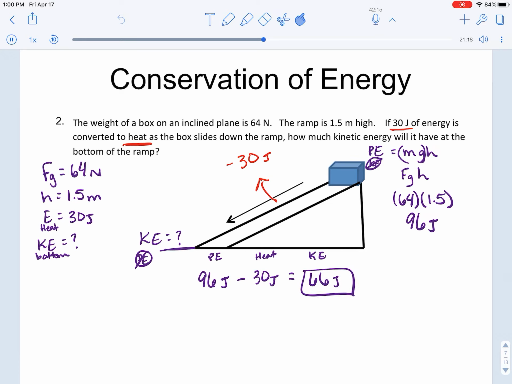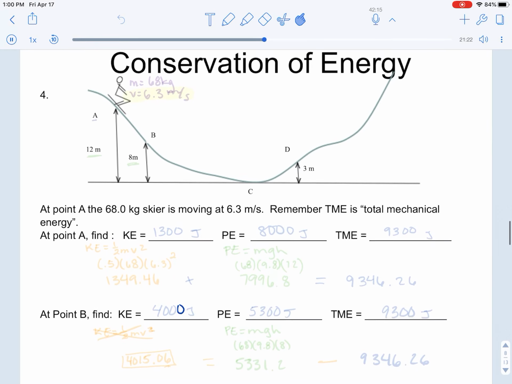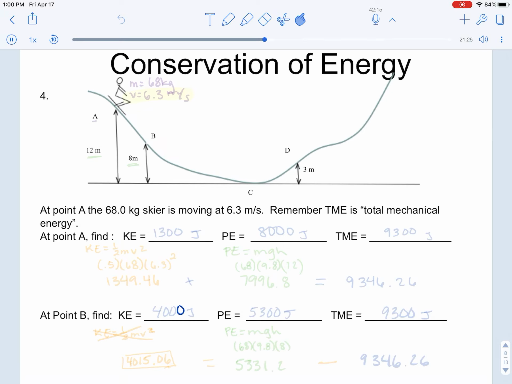Okay, next question. This question actually is one illustration where we're asking you at points along the way. This is a little bit more challenging because it really requires you to understand how the kinetic and potential energy transfers. So please pay close attention and follow along with me here, okay? All right, so the biggest mistake that students make initially is that they don't read carefully. At point A, so right here, we have the mass of the sphere,